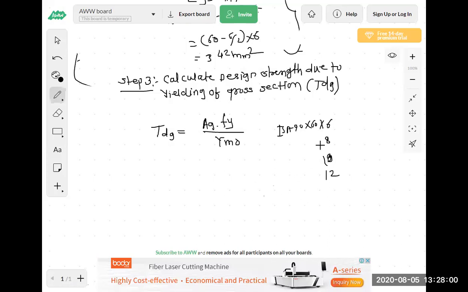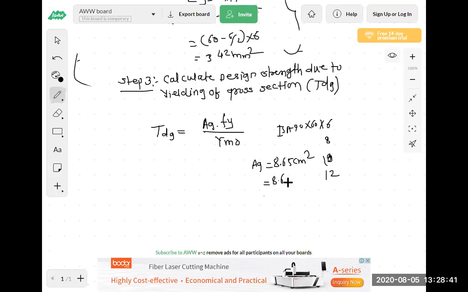Okay, so there are 4 thicknesses given in the steel table: 90 by 60 by 6, 90 by 60 by 8, 90 by 60 by 10 and 90 by 60 by 12. In our problem statement this section is given, 90 by 60 by 6. Now you can see the sectional area, column number 4 in this table. Sectional area in centimeter square they have given. Means AG is equal to 8.65 centimeter square.